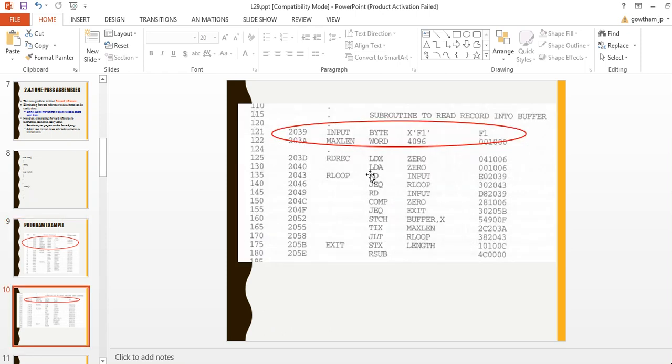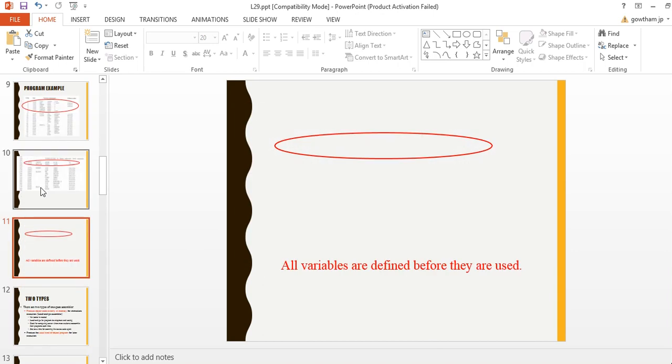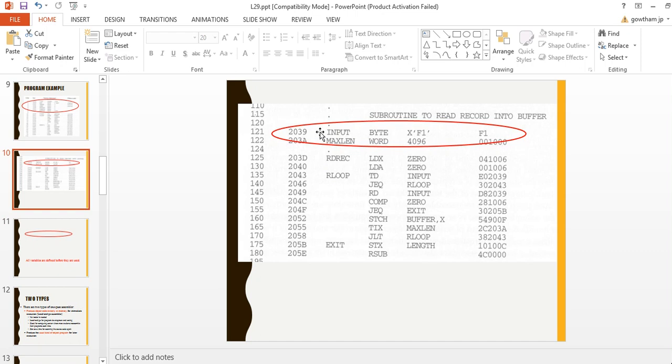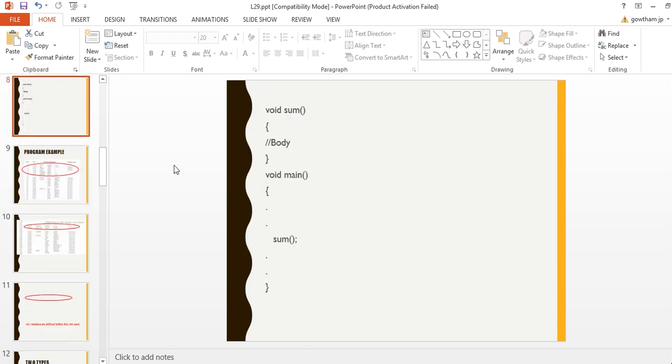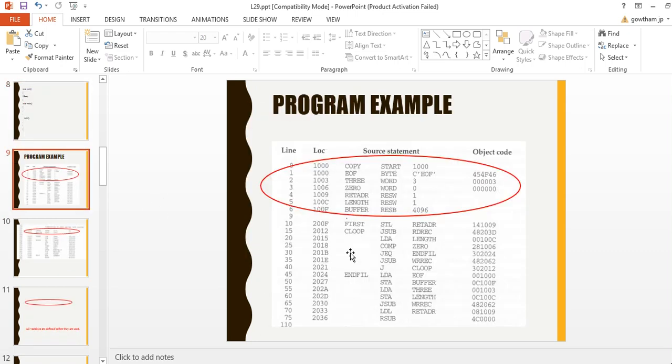Then next is the read and write subroutine. Here is the same procedure: first write all the symbols, then write the program. So the meaning here is that symbols are listed first. But in this case, for example, refer to line number 40, J C loop. C loop is a label and it's a jump instruction, so it is a backward jump.